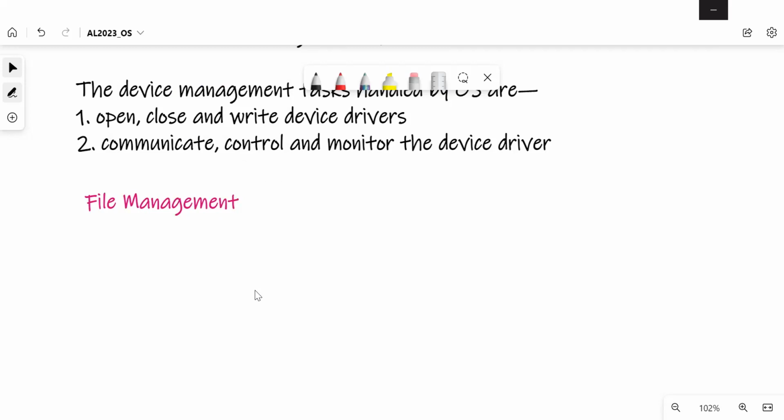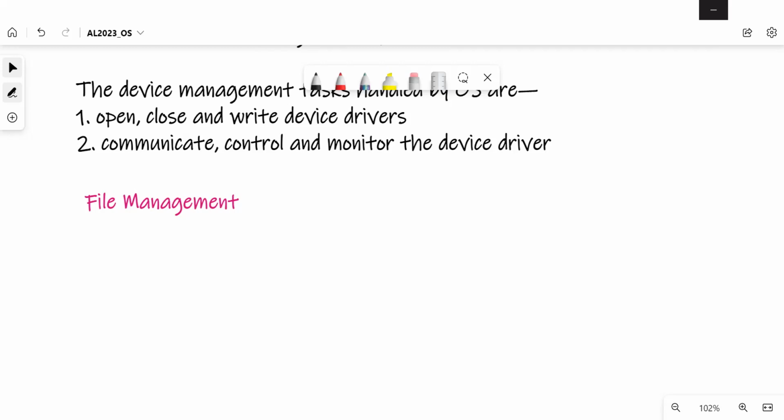So what do you do during file management? You can do a lot of things, like you can create files and directories, and you can provide access.